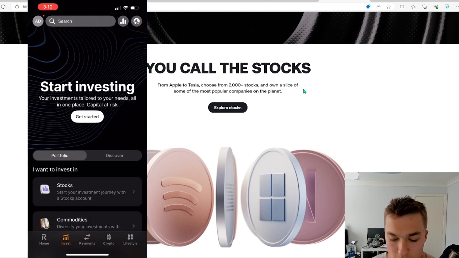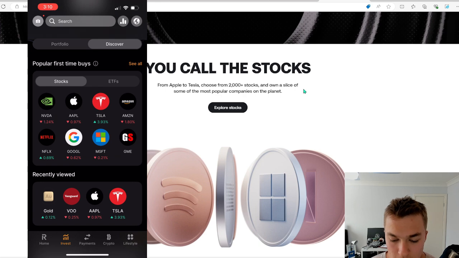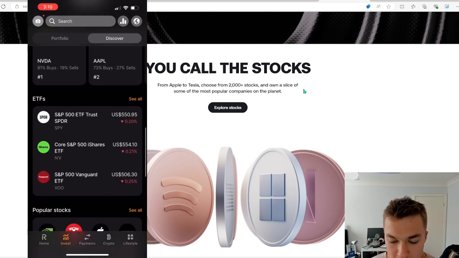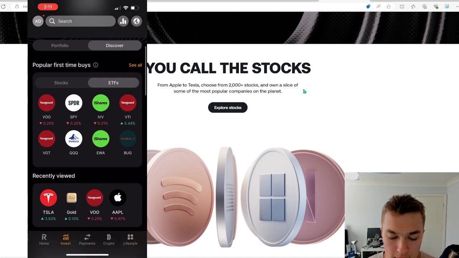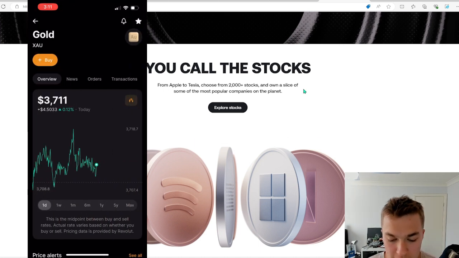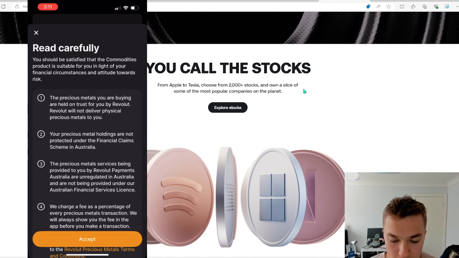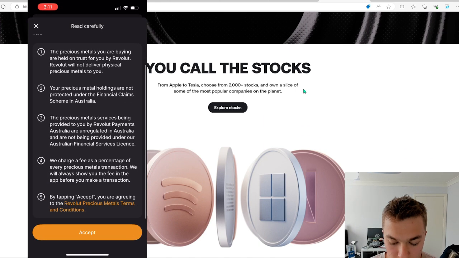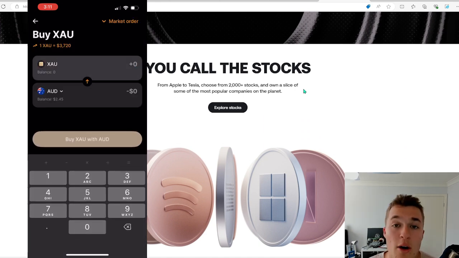So if you click on invest, discover, it's got a whole bunch of different stocks that you can just go in and trade here, right? And some different index funds like the S&P 500. It is pretty straightforward to invest, but I don't think it's going to allow me to do so because I haven't added all my details yet. It's going to ask me for some more things, I believe. Well, maybe not with gold, but I think it wanted to with some of the US stocks. But it is pretty straightforward, right?